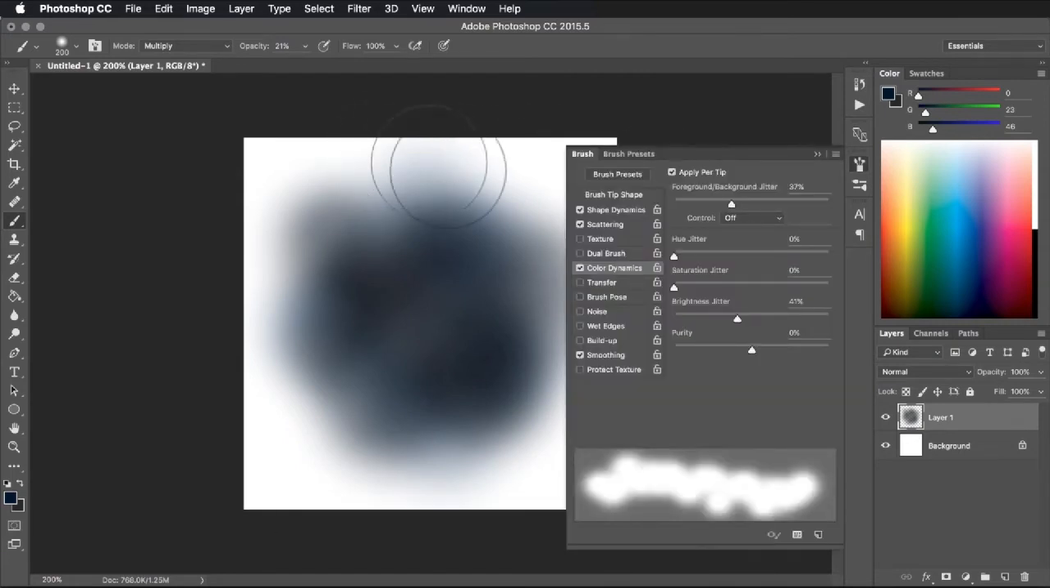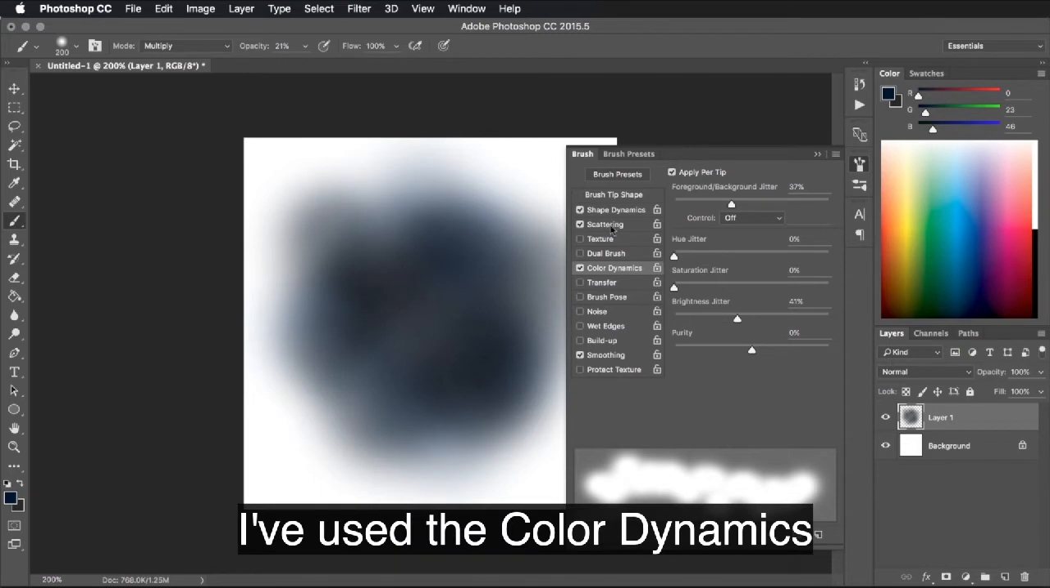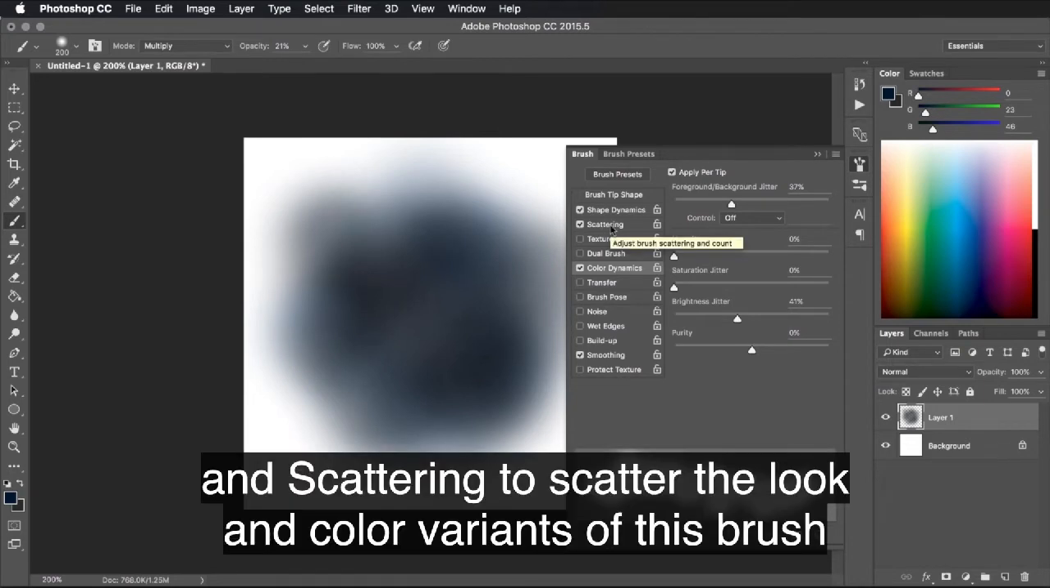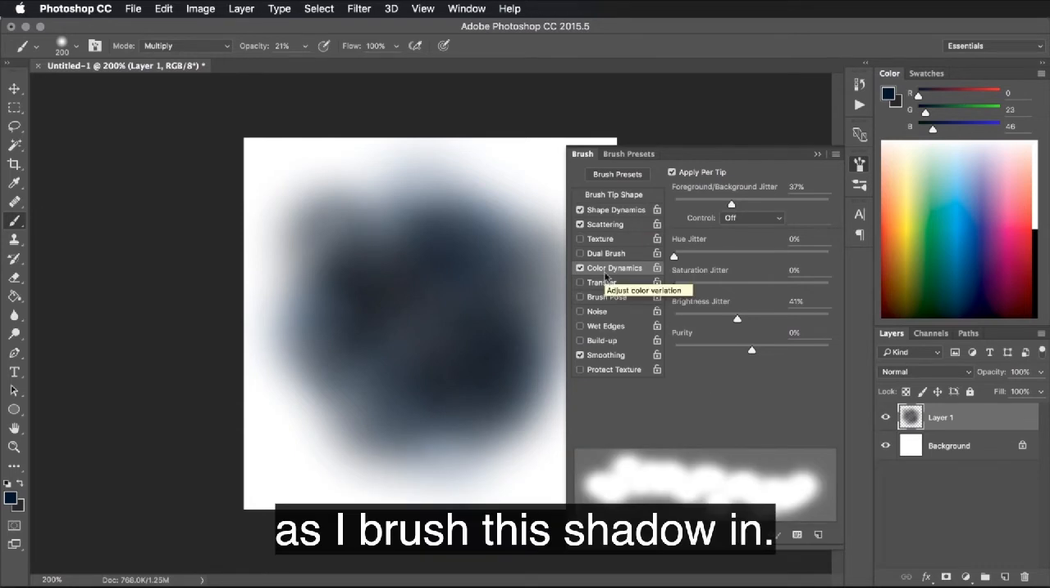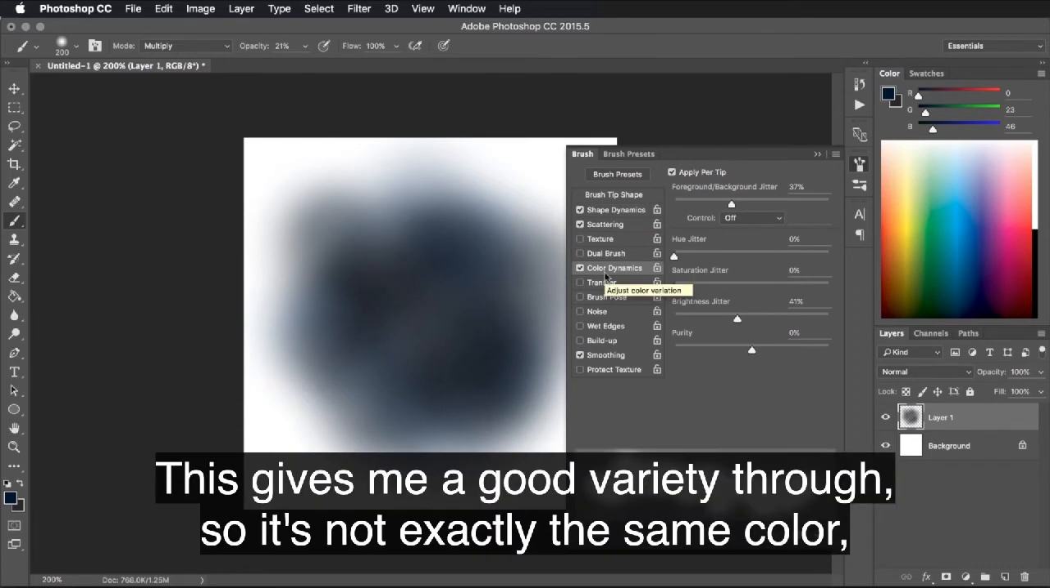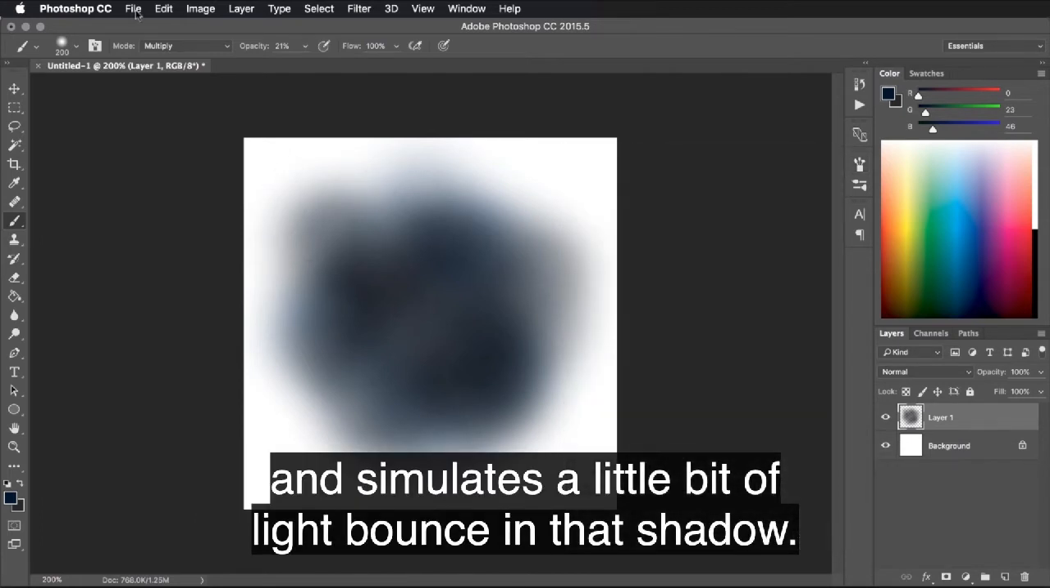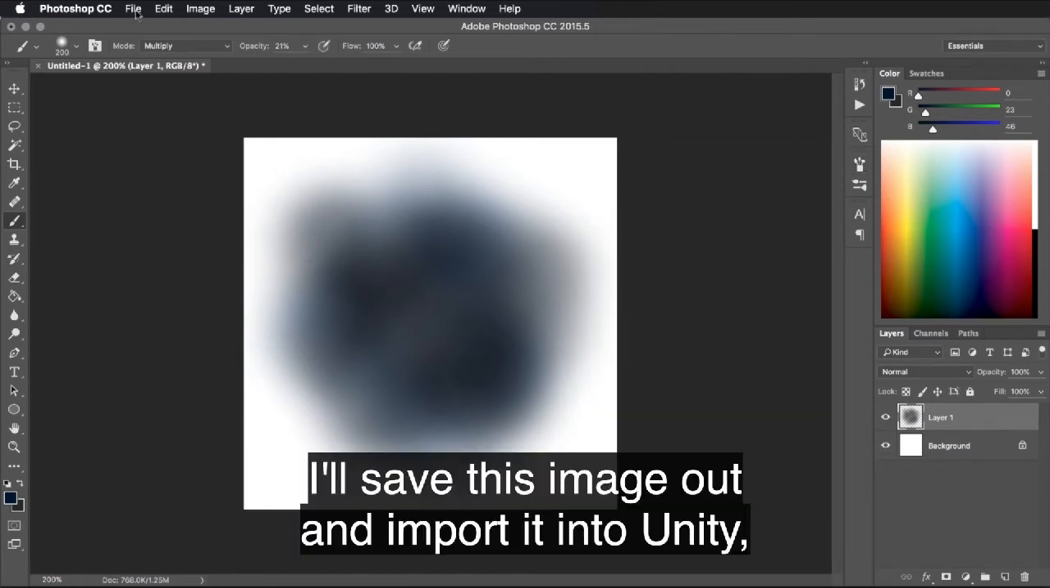I've used the color dynamics and scattering to scatter the look and color variance of this brush as I brush this shadow in. This gives me a good variety through, so it's not exactly the same color and simulates a little bit of light bounce in that shadow. I'll save this image out and import it into Unity and then attach it to that material,